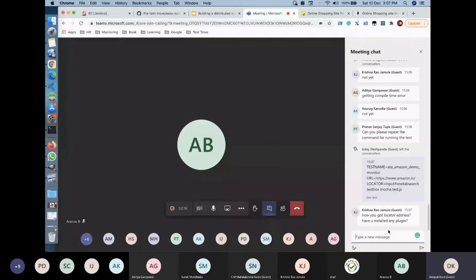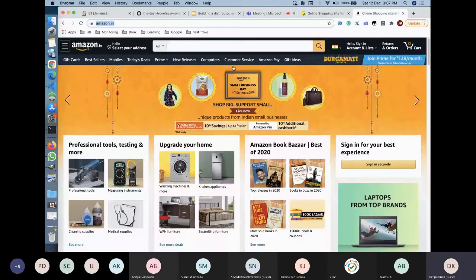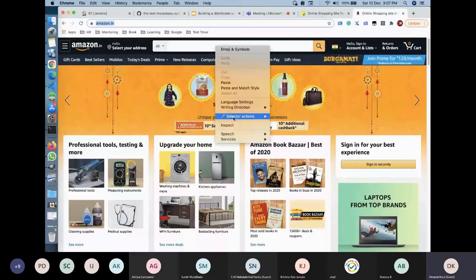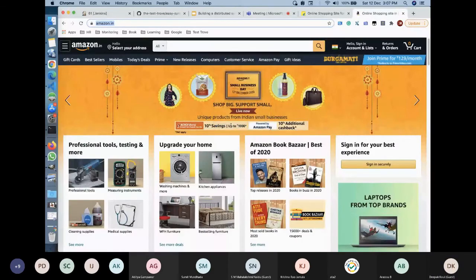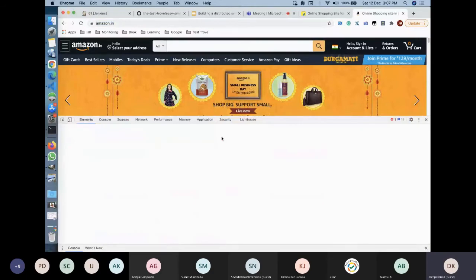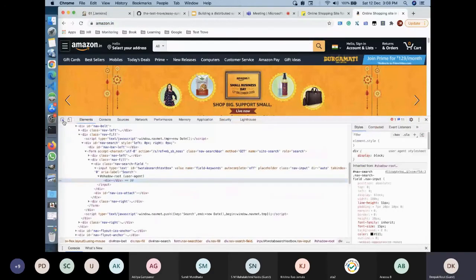Yes, I have installed Ranorex, but you can simply go there, click on inspect, and then drop this here, and it can actually tell you about the search bar. See, input type equal to text, ID is, so whenever they say ID, you have to write hash, right, in CSS.